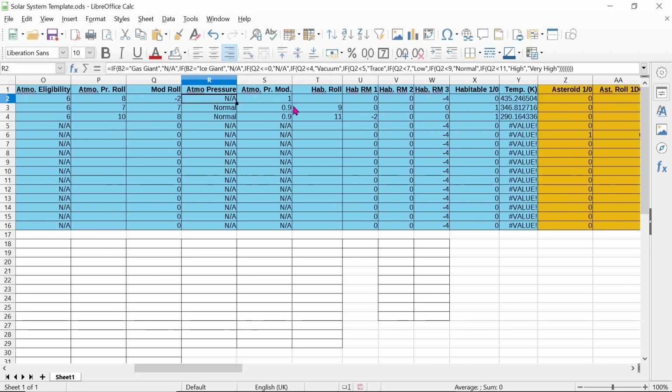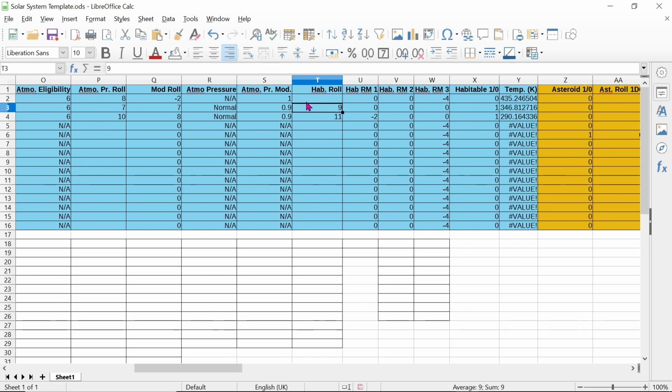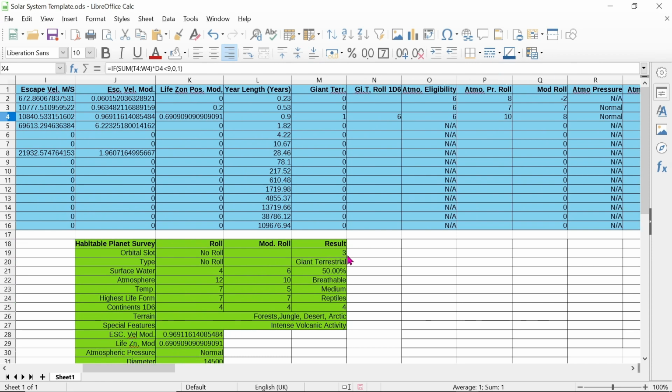The next thing you do is if you have eligible planets, a terrestrial in the life zone or a giant terrestrial with an atmosphere like a terrestrial in the life zone, you put in your roll here. It must be a 9 for this number, the habitable roll, to be a 1. And that matters, I think, a little when you go and fill out this sheet. I'm fairly certain, I'll tell you this, I'm fairly certain you can put anything in here, but